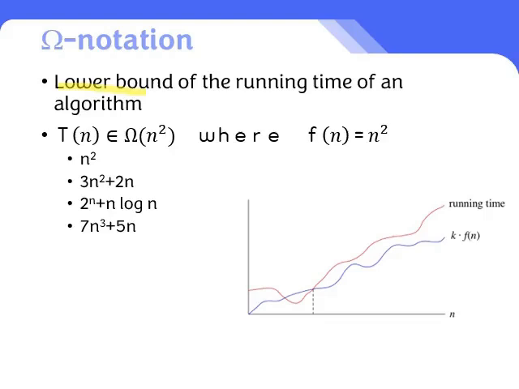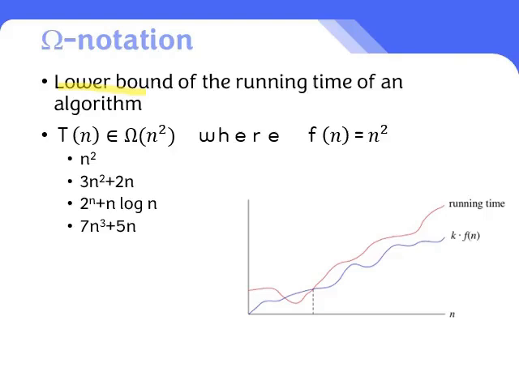To run this algorithm, you need at least n squared or f of n amount of cost. You have to be prepared for that cost. So maybe it's easier to explain this minimum cost like this. It's kind of like the minimum system requirements for a game. If you buy a computer that just meets the minimum requirements, the game will run. But if you buy a better computer than that, the game will still run.